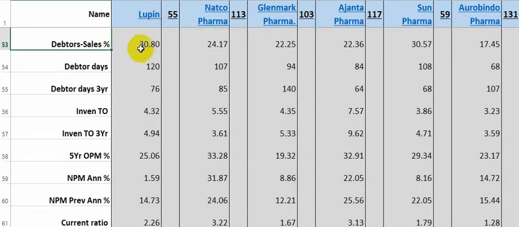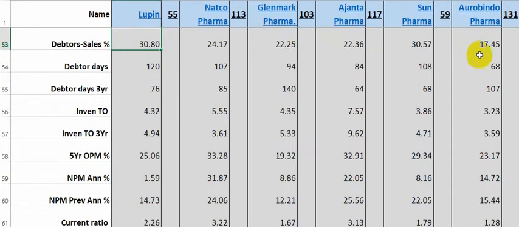Lupin's debtors were 30% of the sales of this year, meaning if the company has done sales of 100, then 30 are still pending to be collected at the end of this year, that is 2019,